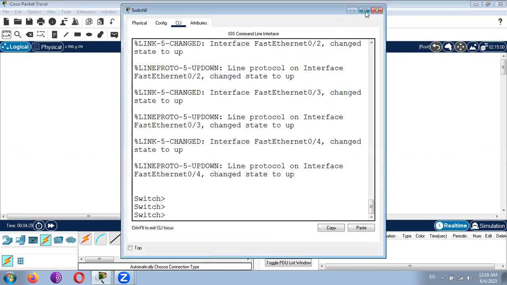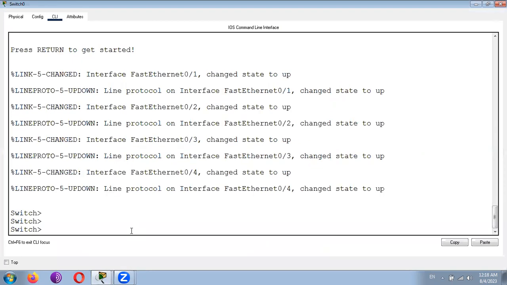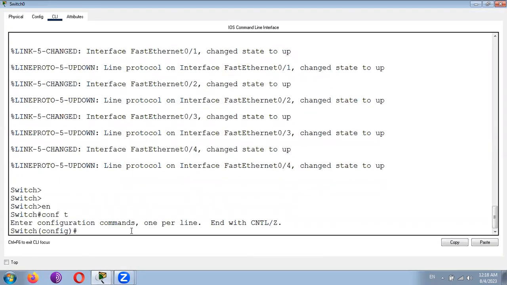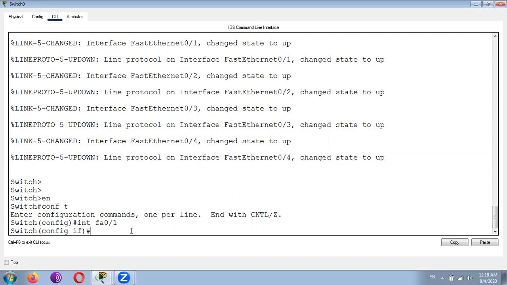So open your switch and go to the configuration, global configuration mode. The modes I have already covered in the previous video. So to set the description, you can go to the interface, like interface FA0/1, and you can use the description keyword,